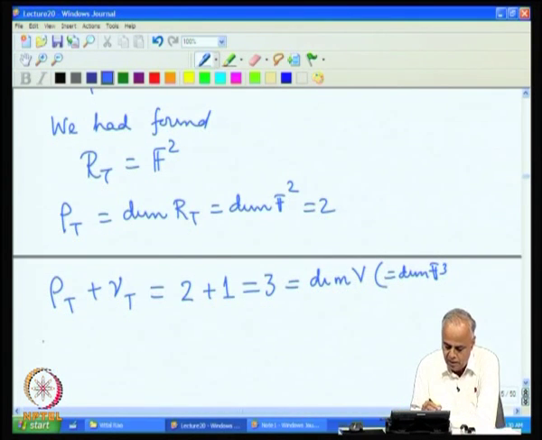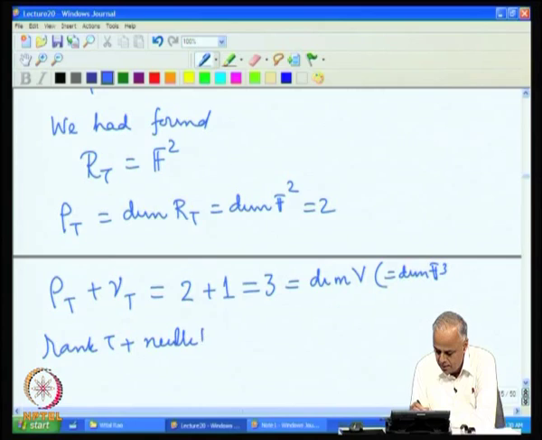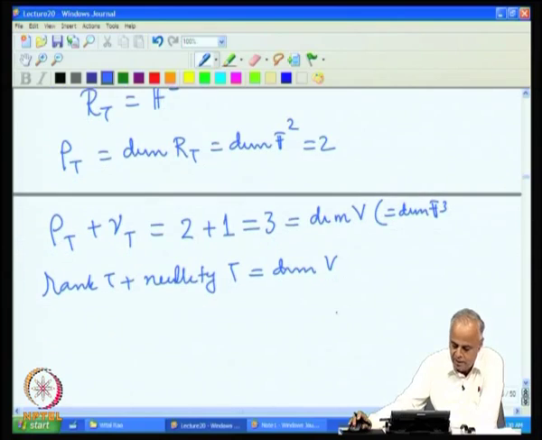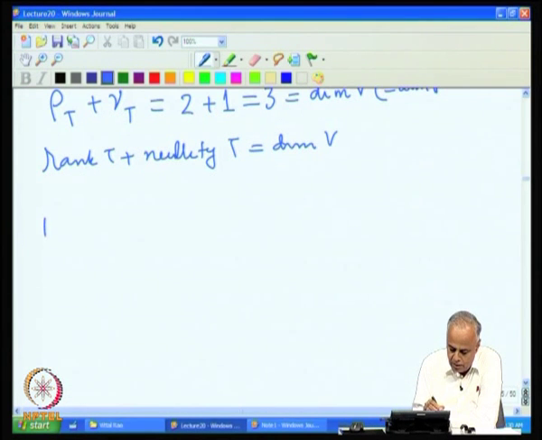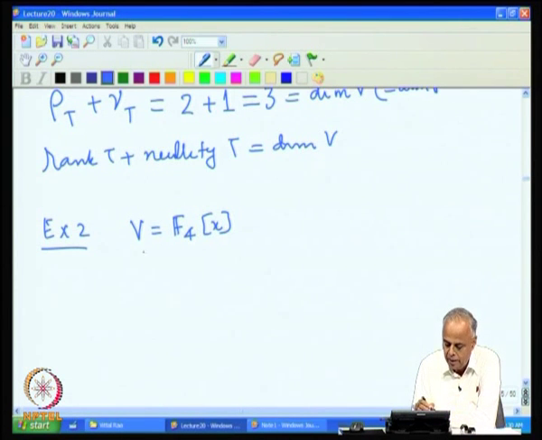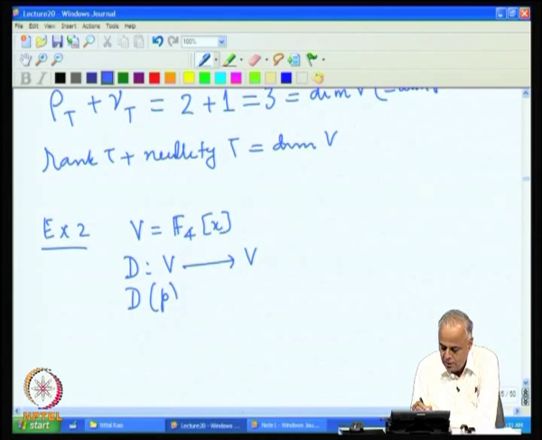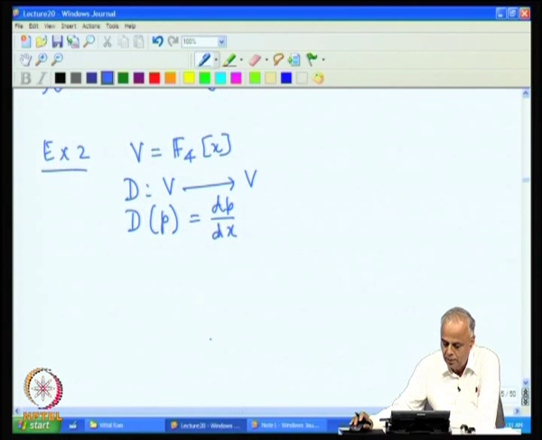And thus, we see that rank T plus nullity T is equal to dimension V, thus verifying the rank nullity theorem for us. Let us look at another example. Recall we had the other example, V as F4 x, and then we looked at the linear operator from V to V